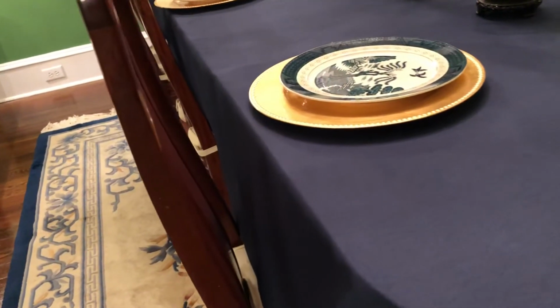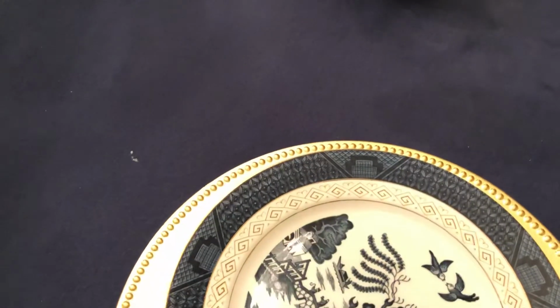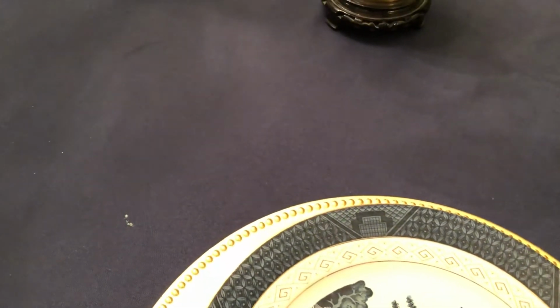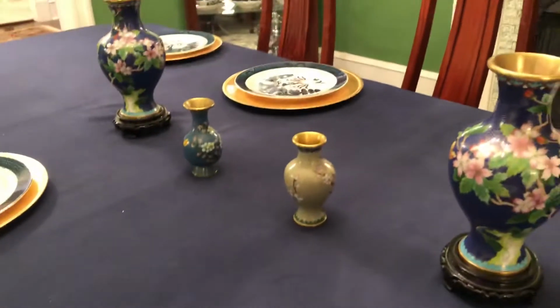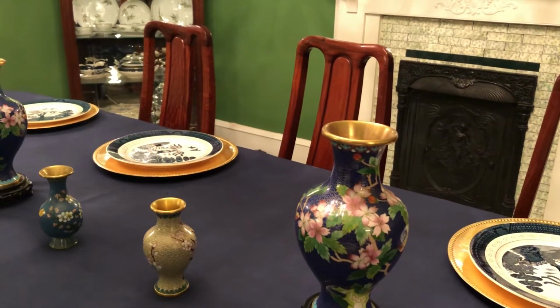Right now I have a dark blue. It's not navy. And again, I have to memorize this. It's not a navy blue, but it's a very dark blue tablecloth on the table. And I haven't set the table yet, but there's a blue willow china pattern that's got a gold rim around it, and it's blue patterned on the plate itself. And then I have it sitting in a gold charger. And then in the middle of the table, which again, I haven't set yet, there are blue oriental vases